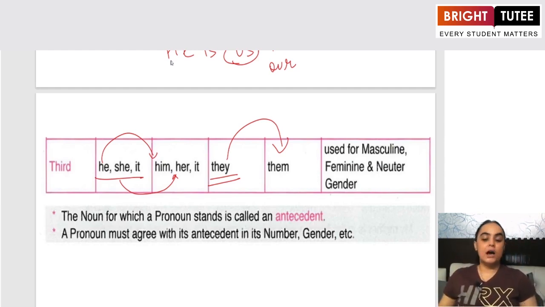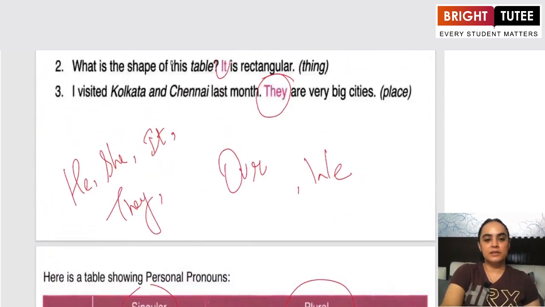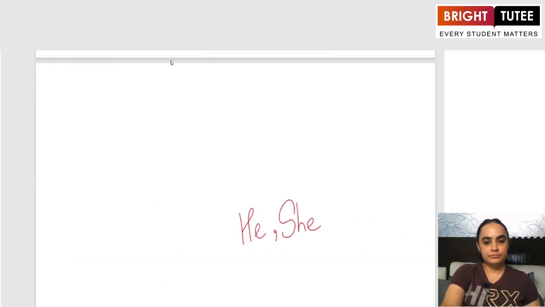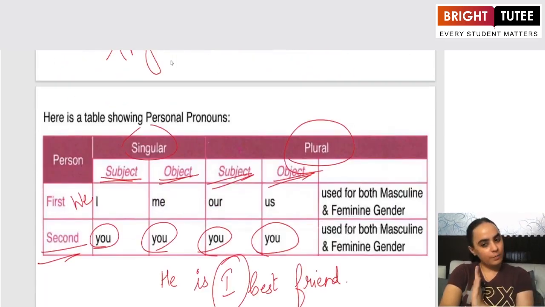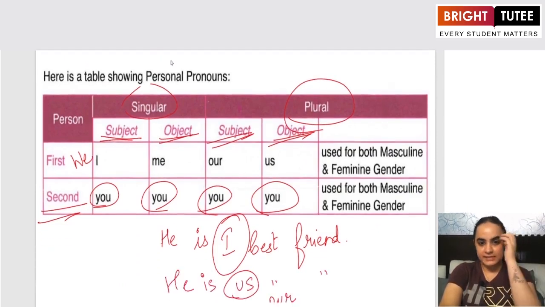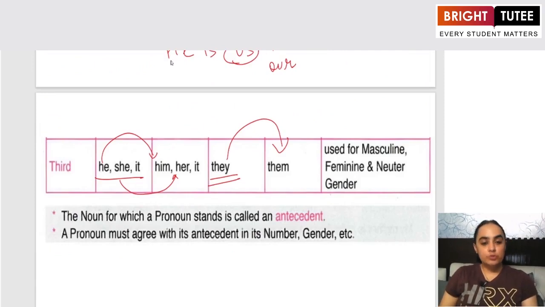So these are my pronouns, and now let us understand the table. Yes. So I hope it is clear now. This table is clear to us. Another thing that you need to know, the noun,